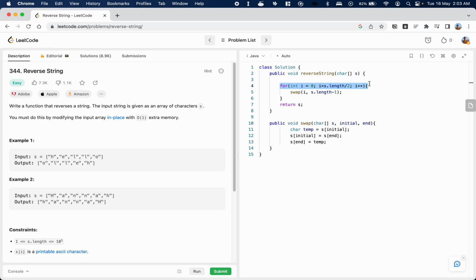First of all, the loop is running from i to s.length divided by 2, i plus plus. This seems right. This is the first thing that we need to check. If the length is 5, it will still run till the second index, so 0 and 1. If it's 4, it will still run till 2. So yeah, that seems right. And if that is the case,